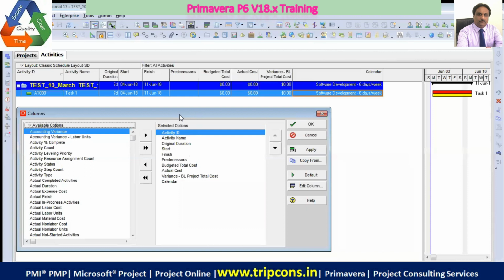So you first set the layout. Select the same columns. I'll just show you. Layout, click on the graph. You first select the column because right now we are focusing on the columns only, the graph